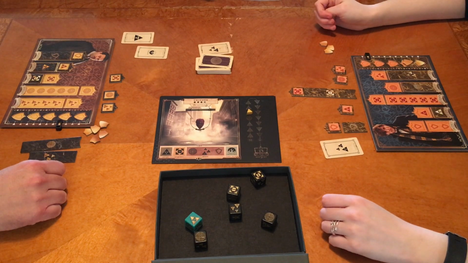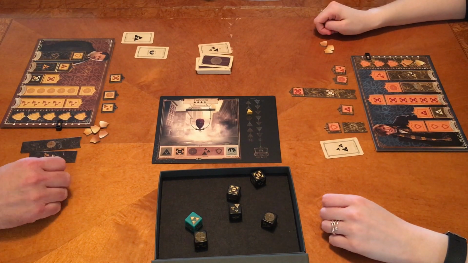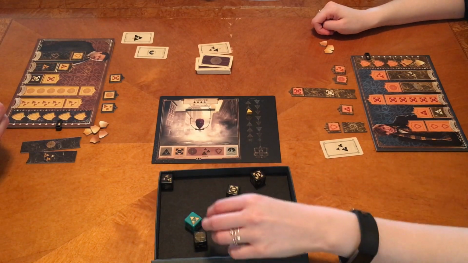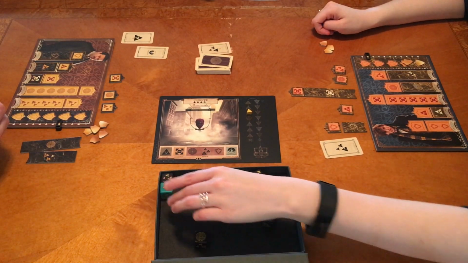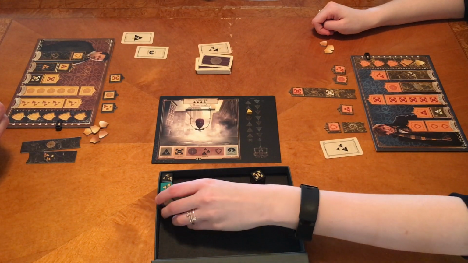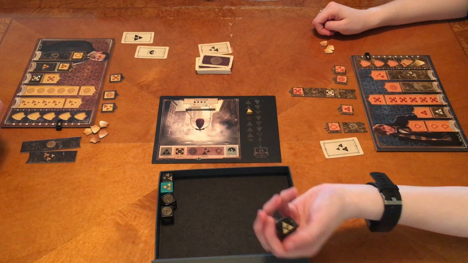Alright, I can... let's see, my distract is so high. I hate that. I can ready that, though. Or I can ready that one. You could ready your cards and actually activate your cards if you wanted. Because you're right, I should do that one. And then...